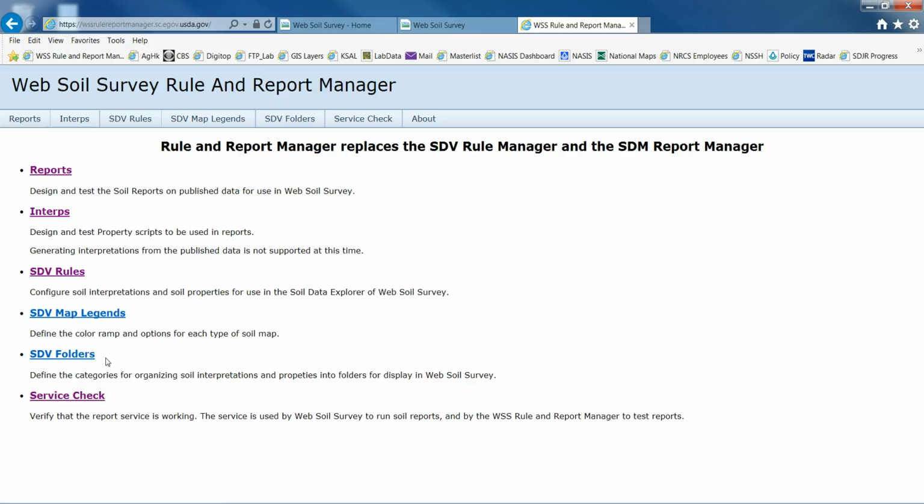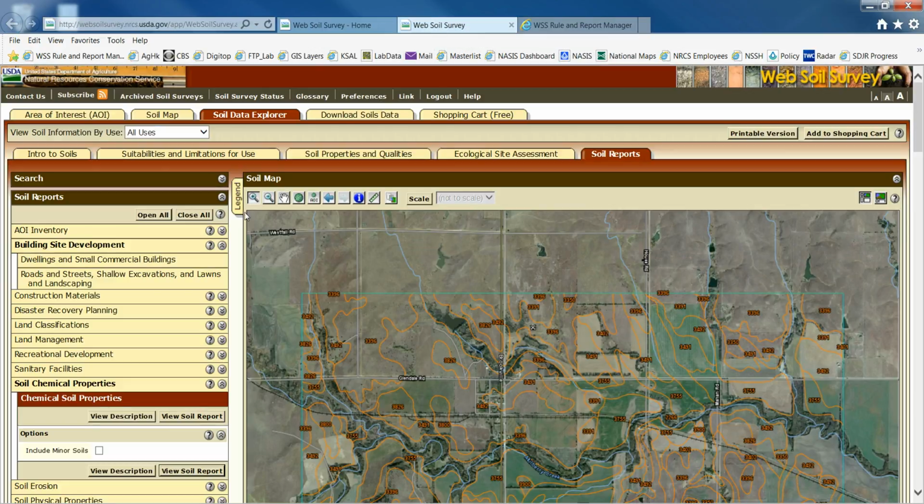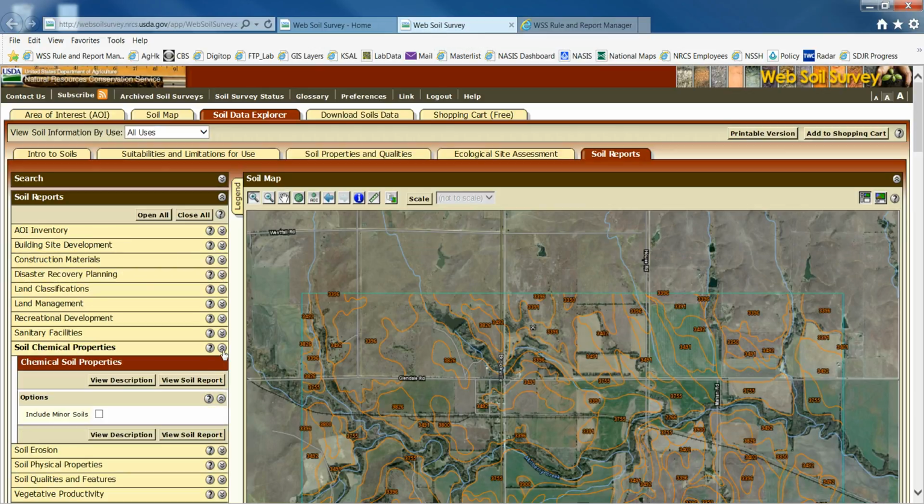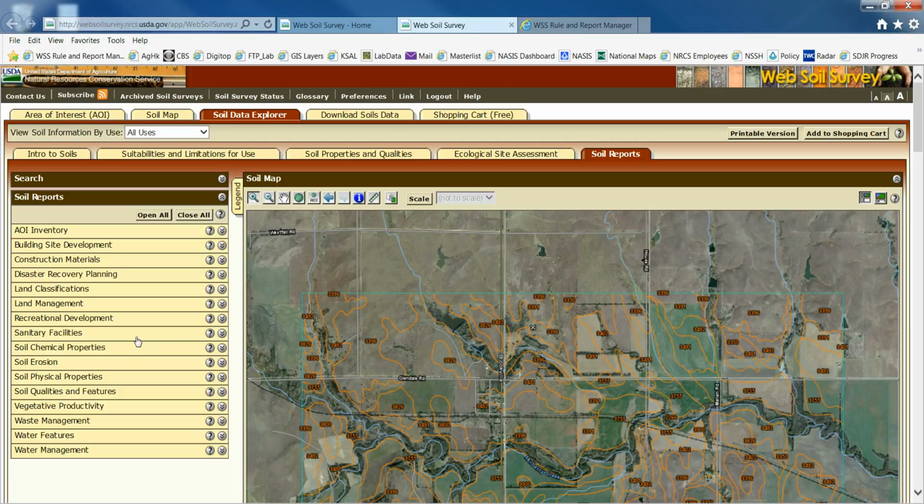The other item here is the service check. The service check is basically a check to make sure that the service is working. We have the legends, the soil data viewer map legends. Those are the different color ramps that we can define for the various types of maps that we create. And then we also have the SDV folders. Now this allows me to go in there and create a new folder for Web Soil Survey. And if you're wondering what folders I'm talking about, it's these folders that you see on the left hand side. That allows us to basically organize the maps and the